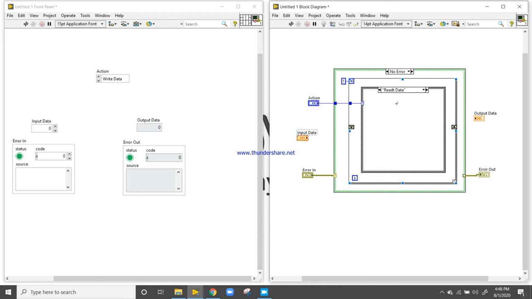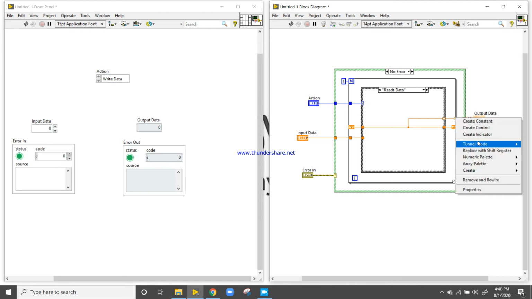First we will go to write data. Take this write data and connect it, take the output and connect like this. Come into the read data, connect this one and take the output like this.